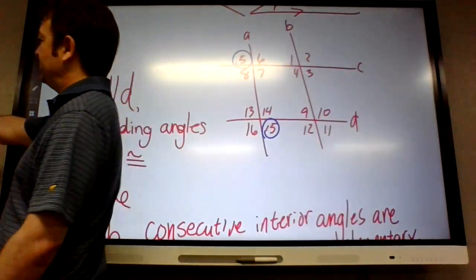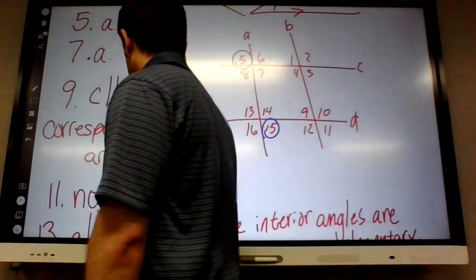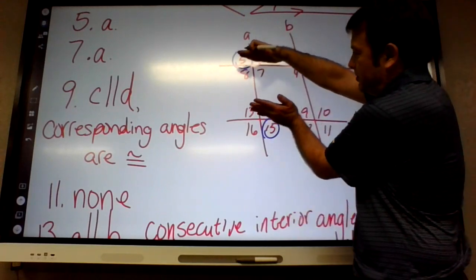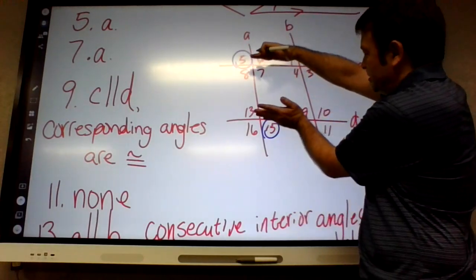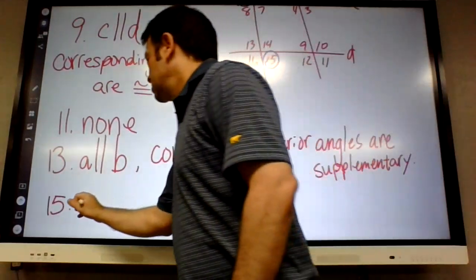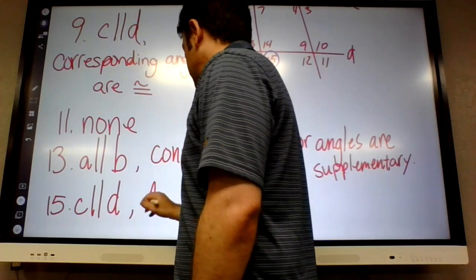All of these are supposed to be congruent, except for one, which is supposed to be supplementary. So what lines are going to be parallel? The lines that create them and the transversal. So that would be lines C and D. Line C is parallel to D because